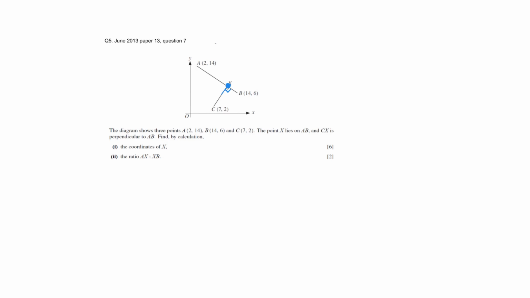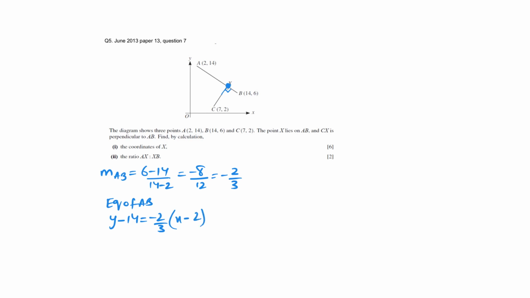So let's find, the thought process should be: find the equation of AB, find the equation of this perpendicular line CX, and X is the intersection point. So gradient of AB, 6 minus 14 over 14 minus 2, is minus 2 over 3. So equation of AB would be y minus y1 equals m times x minus x1. 3y plus 2x equals 46. That's the equation of AB,